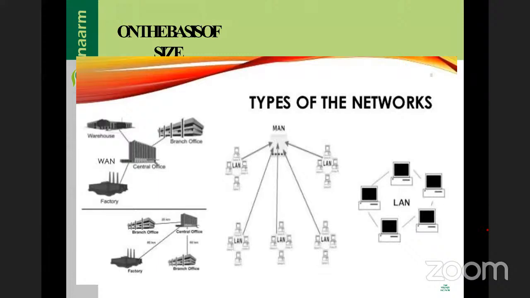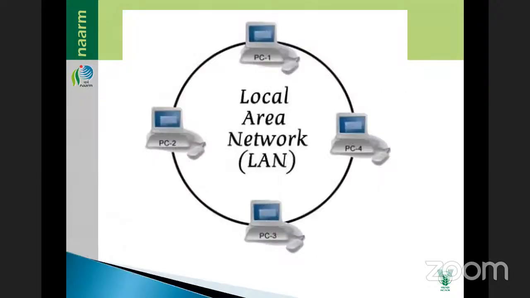So here the types of networks are different: LAN, MAN, and WAN. Under this there are different types. WAN is wide area network, MAN is metropolitan area network, and LAN is local area network. If you are going for a local area network, what is it? At present we are having a local area network, LAN. All the systems are connected through IP addresses, internet protocols, and through that we can send information. It is used for identification in the local network.